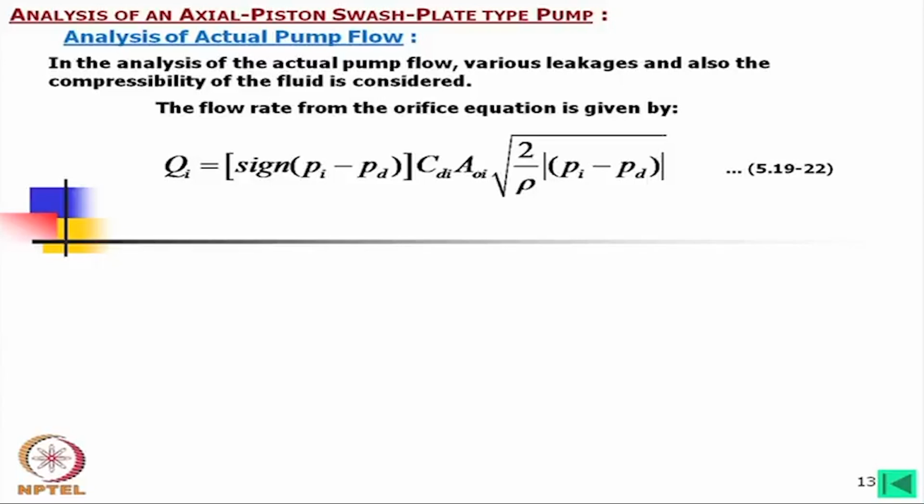Now, the flow rate from the orifice equations that is already known, we can write this equation considering this sign. Depending on this sign, this will indicate which direction it is flowing. Then this is the coefficient of discharge and this is the general orifice area of the ith piston. That orifice area we need to calculate. The CD, coefficient of